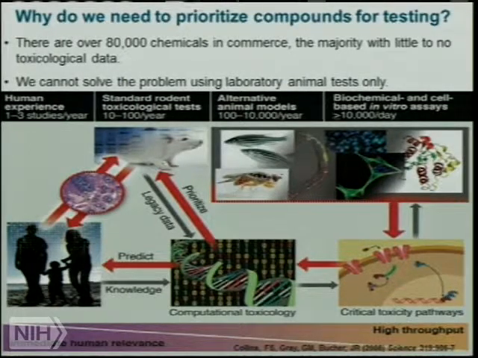Running all these tens of thousands of chemicals against traditional methods for toxicity assessment like long-term rat tox or other studies would be prohibitively expensive. So one way to look at this problem is to really think how to break down the problem of toxicity into component questions or pathways and apply high-throughput methods to be able to assess the thousands or tens of thousands